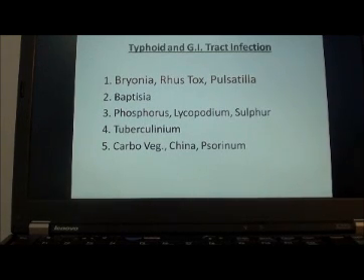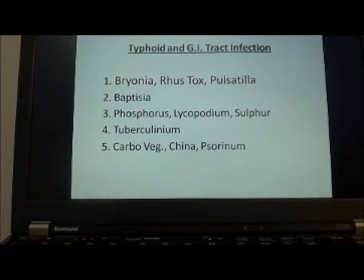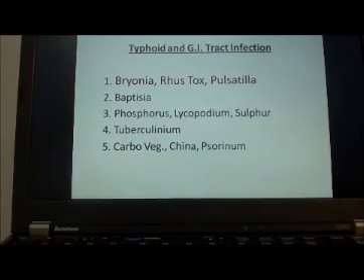The most common drugs we come across in treating typhoid are Bryonia, Rhus tox and Pulsatilla. Don't forget Baptisia. The characteristic of Baptisia is the toxicity of typhoid, which generally commences after the 6th and 7th day